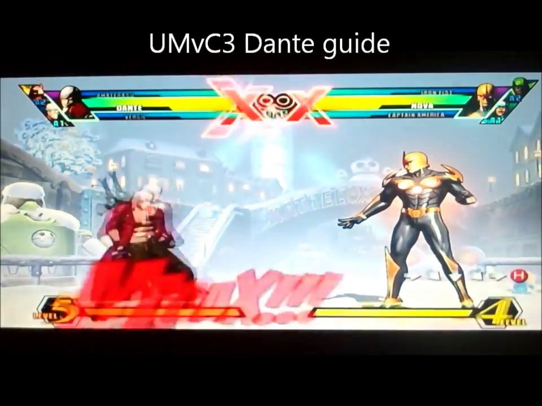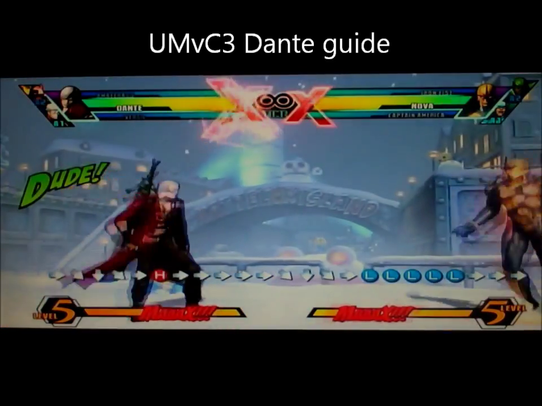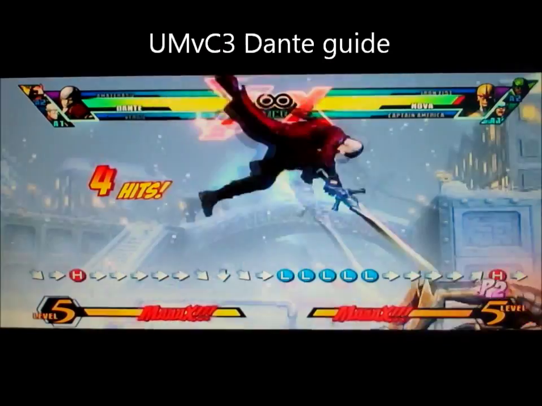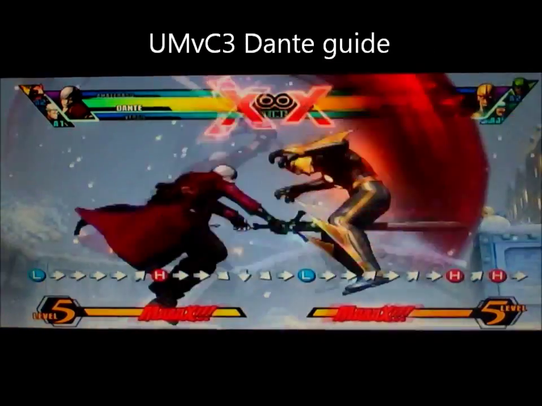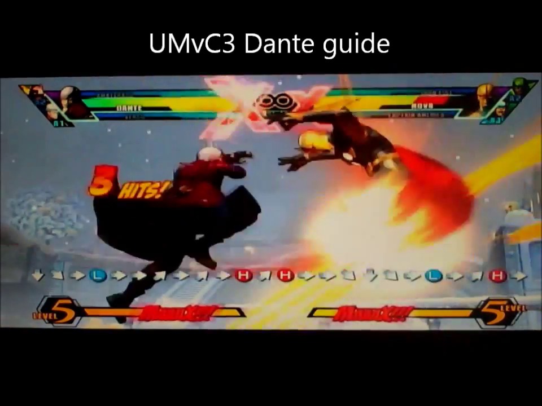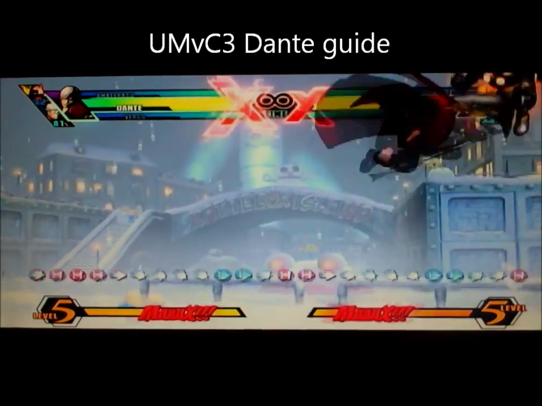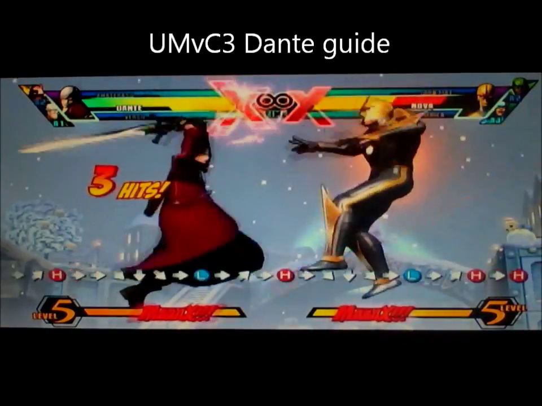So yeah, Jam Session is Twister and Tempest. They could be used, but it's typically used after a grab. But it's kind of hard to do. Your timing has to be perfect, and you can do it close to the ground too. See, it's a little difficult to do, but I can get it. See that, it's typically used after a grab. I'm not really sure if you can get it from this distance. I think you only get